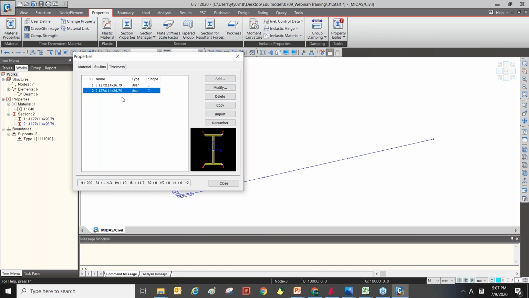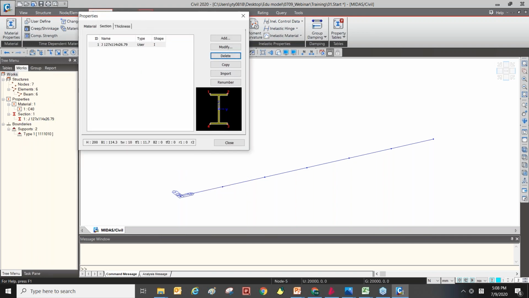Section properties can have the same name, but they should have a unique ID number, because Midas Civil manages the section property data using the ID number. If you want to delete a section property, just click the Delete button.